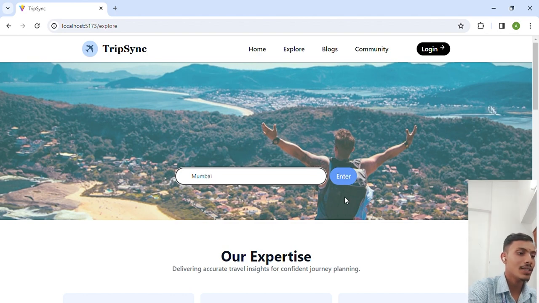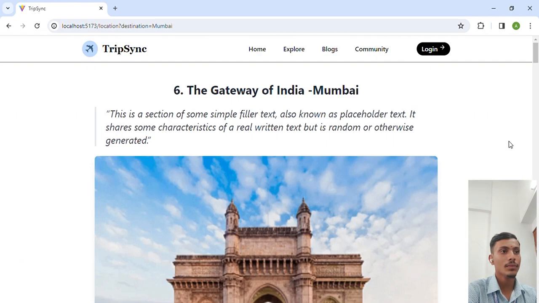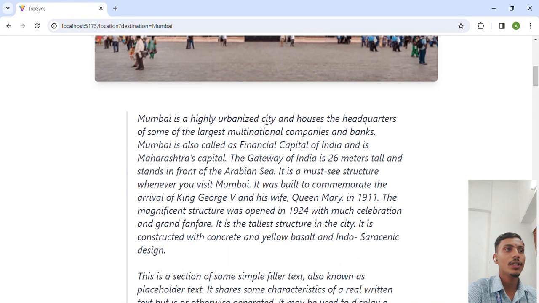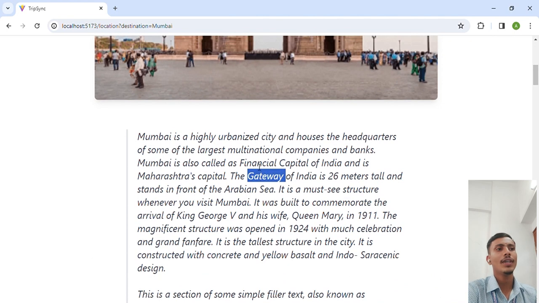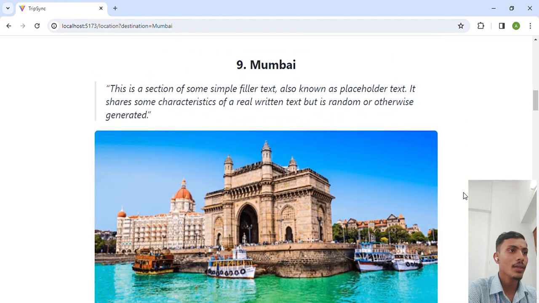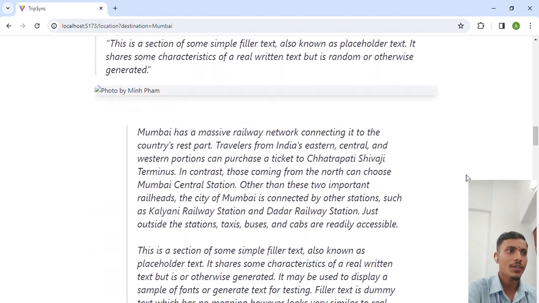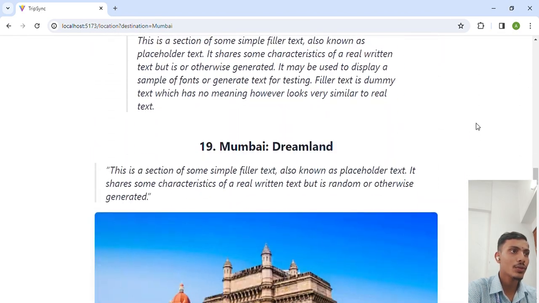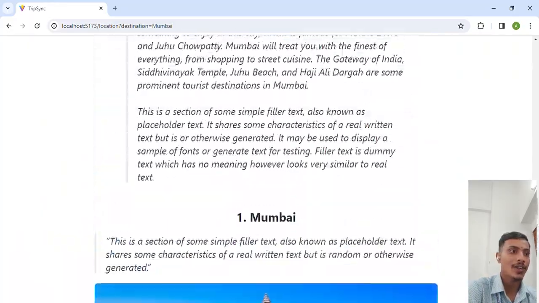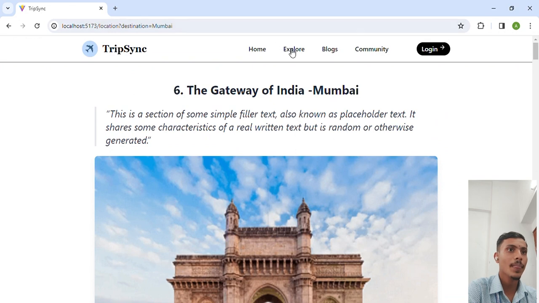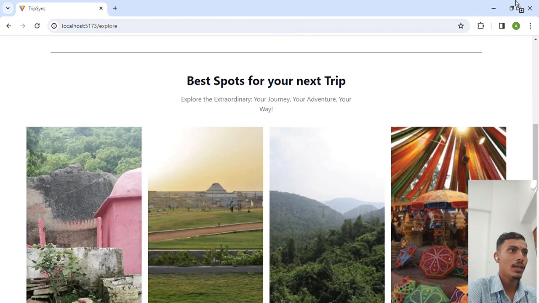So for example, let's say I search Mumbai here. I'll get all the locations that are available within the Mumbai region as well as details about the specific section. We can make it more specific by adding details as well as other minor details about the scene. If I scroll down here, we have multiple things going on in Mumbai. We also have different ways to reach Mumbai. Post that you can see as well, we are just pending to route them to their specific pages here. Next, I'll go back to explore.